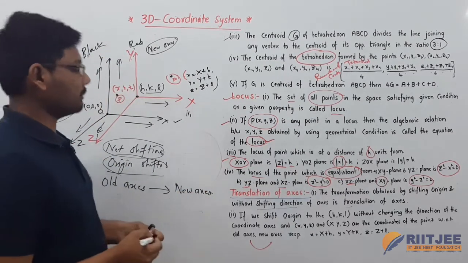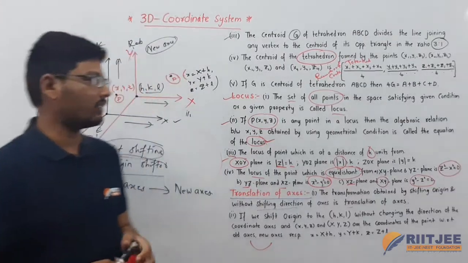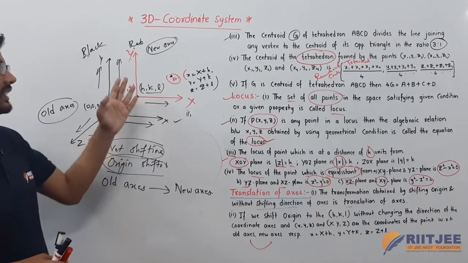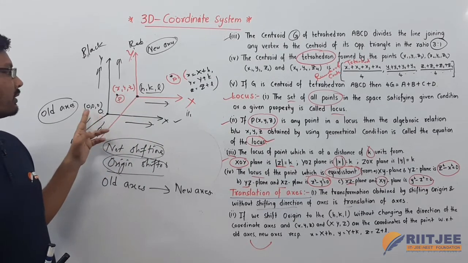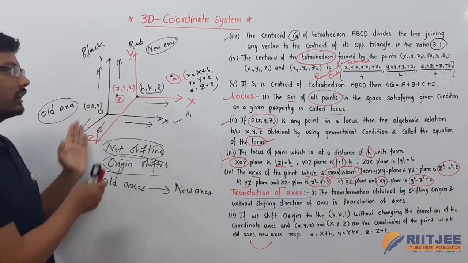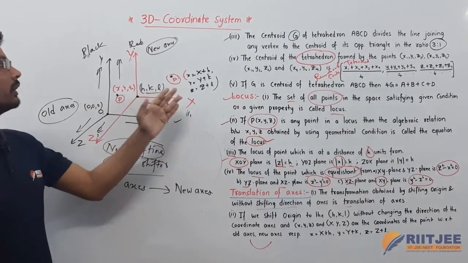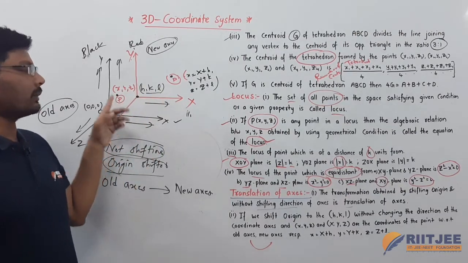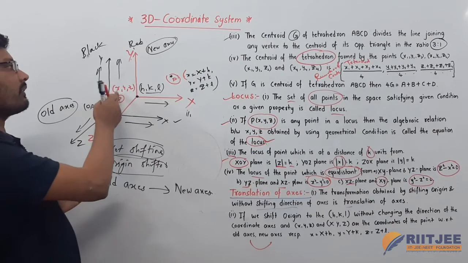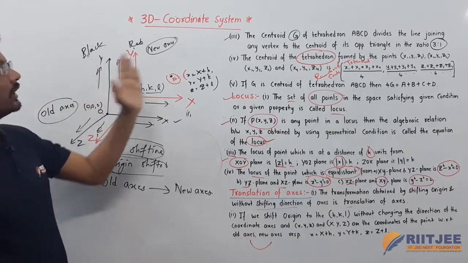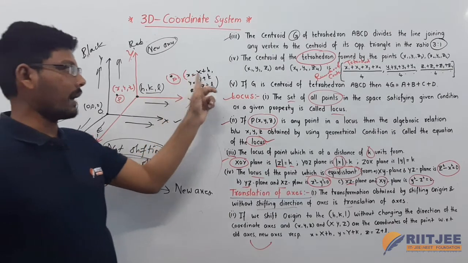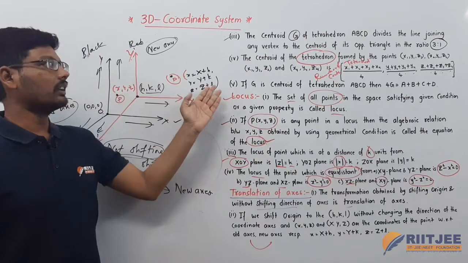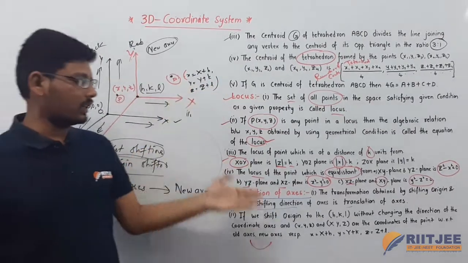This is the concept about translation of axis. First of all, we are changing only the origin; we are not changing the direction of the 3 coordinate axes. The origin O 0 comma 0 comma 0 is shifted some distance in space. That distance is considered as h comma k comma l, and the point on the old axis is P of x comma y comma z, and the point on the new axis will become x is equal to capital X plus h, y is equal to capital Y plus k, and z is equal to capital Z plus L. This is the new position of the point in the new axis.